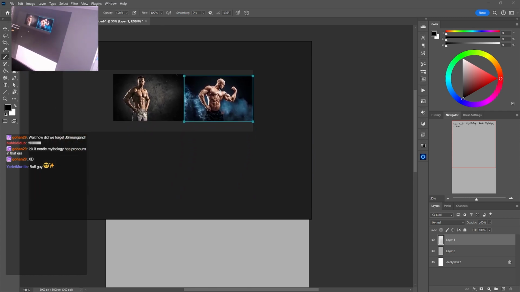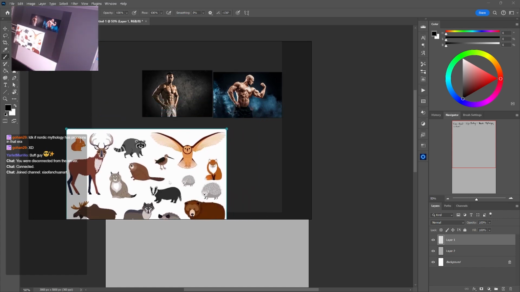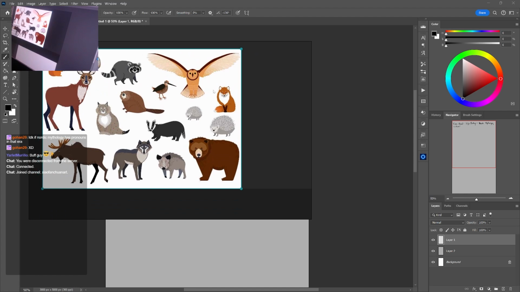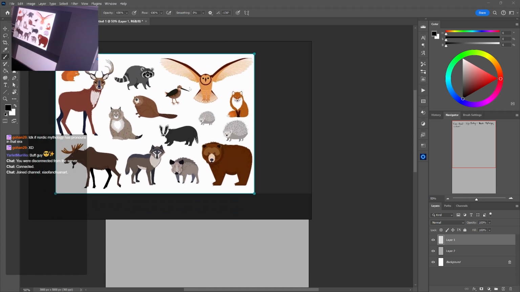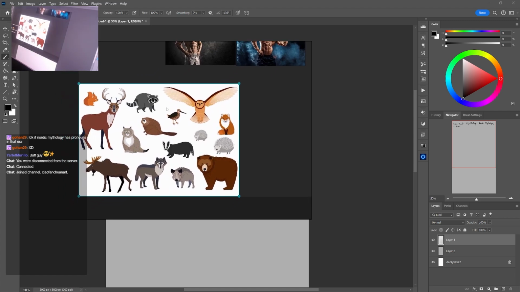It says he's a dragon, but there's basically no description as to what he actually looks like. So let's go crazy with it. What are some Nordic animals? We've got quite a few to choose from, right? This is a good summary. I don't know what most of them are, I do know some. Nidhogg is supposed to be a dragon. Let's give him some horns, or some antlers. It looks like there's reindeer in Nordic countries, so let's do some reindeer antlers.